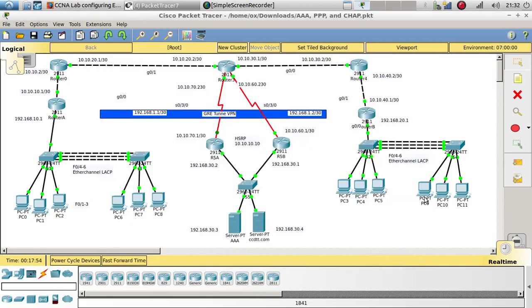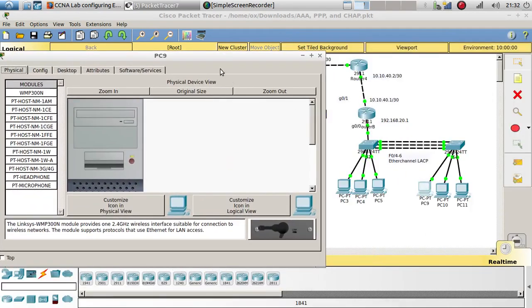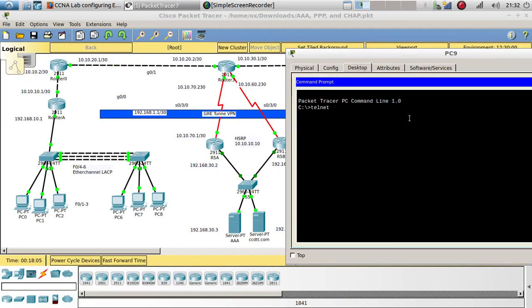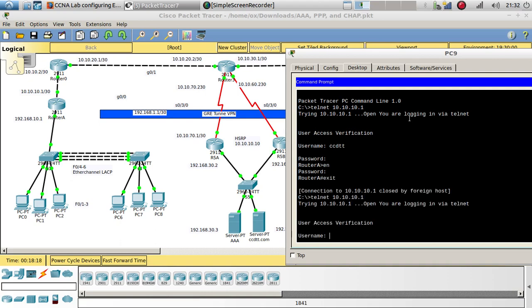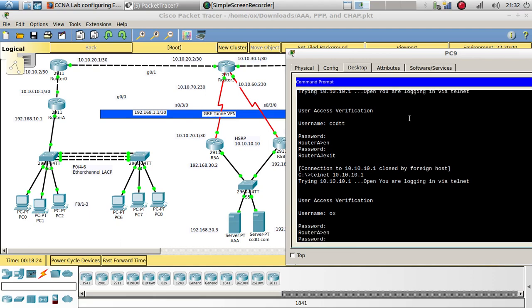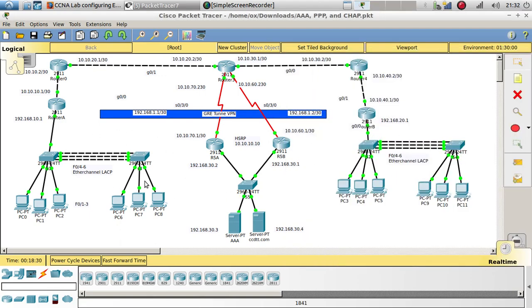Let's see if we are able to telnet to this router from this other network right here. Desktop command telnet 10.10.10.1. CCDTT, Cisco, enable, Cisco. There we go. So we're able to do that. Let's try to authenticate with the other one. ACS, Cisco. There we go. Enable, Cisco. Okay, good. So it is working from this side and also from this side. So TACACS is working, but what happens